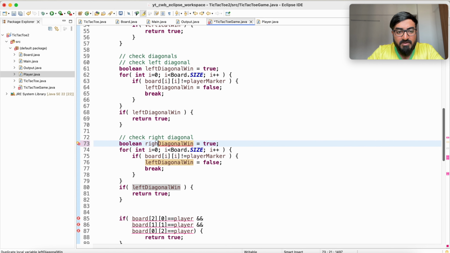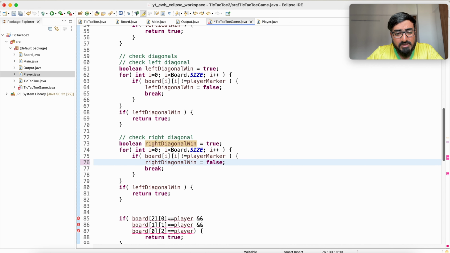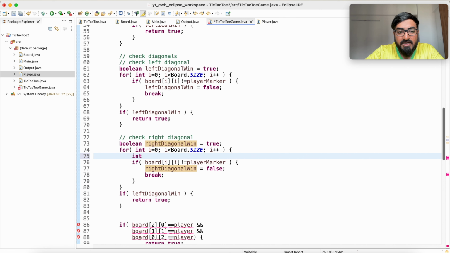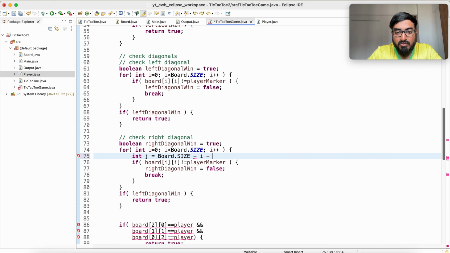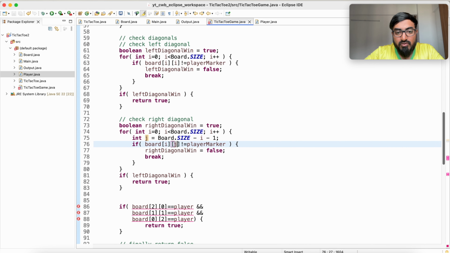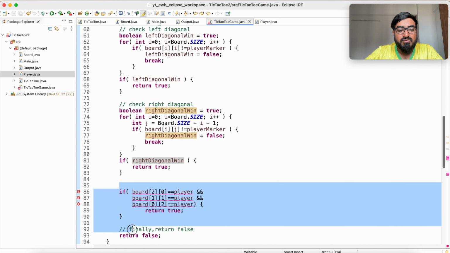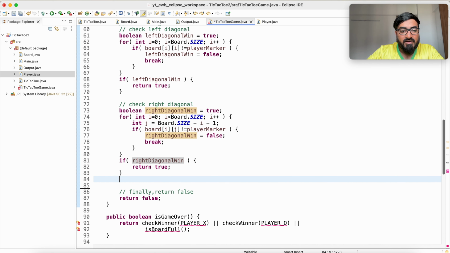So right diagonal win is false. Right diagonal is going to be where i plus j equals n minus 1. So board of i, you can say int j is equal to board.size minus i minus 1. If board of i comma j is not equal to player marker, we set right diagonal win to false and break, and if finally it is true, we return true, and finally we return